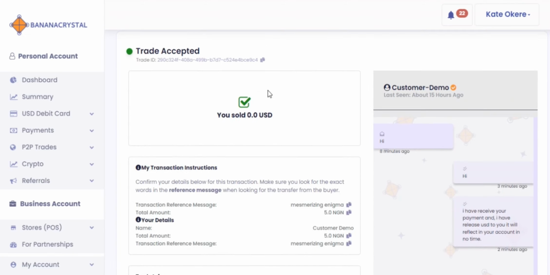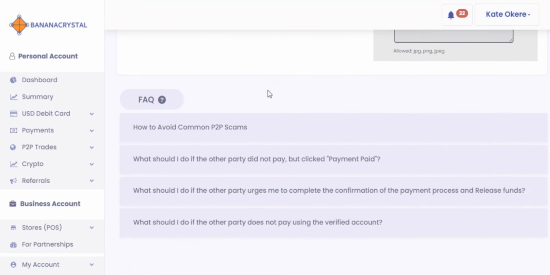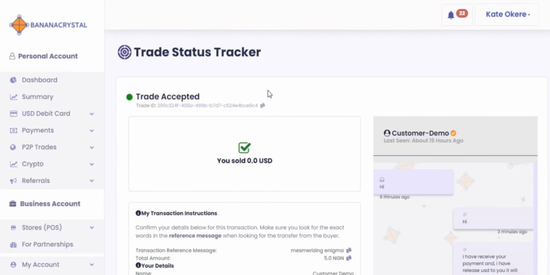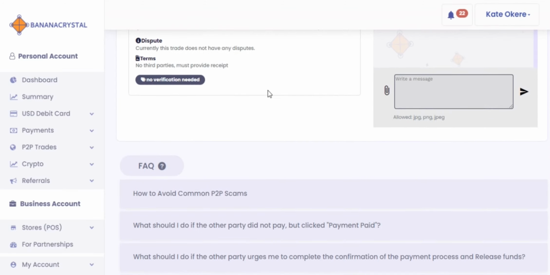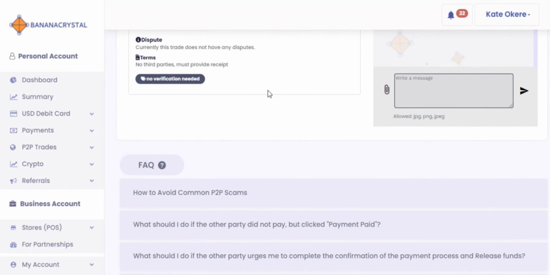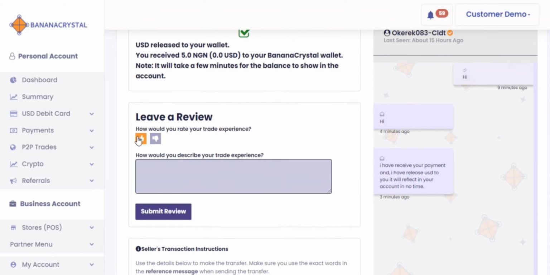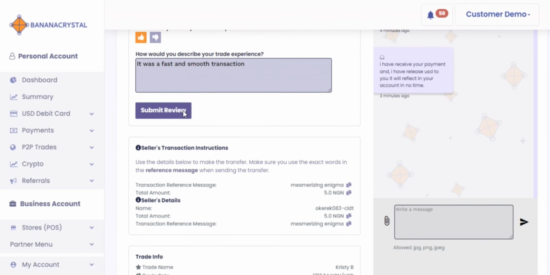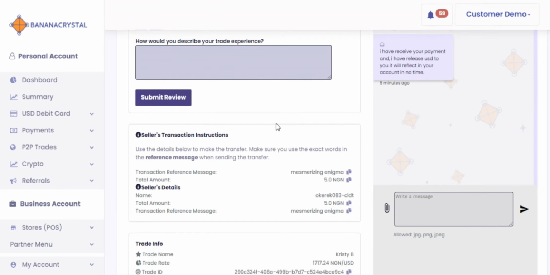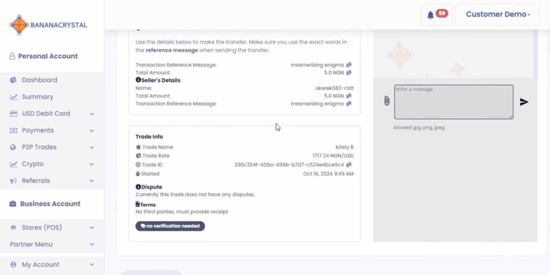It has shown that I got that amount to my account, and that's how you buy USD on BananaCrystal platform. You can choose to leave the broker a good review, and this marks the end of how to buy